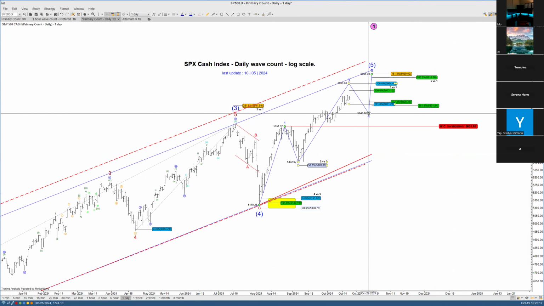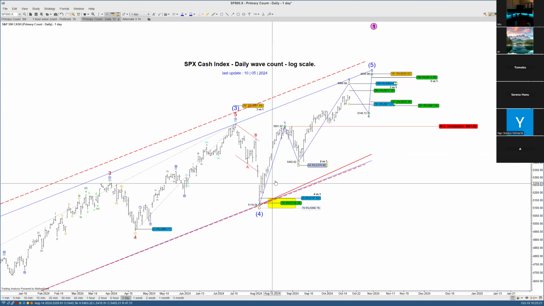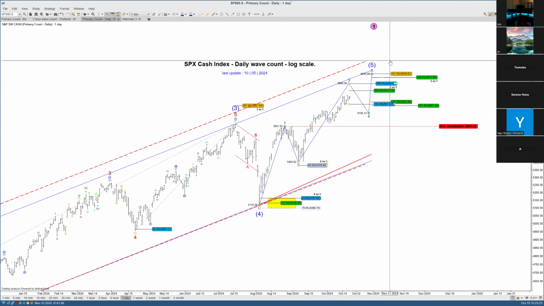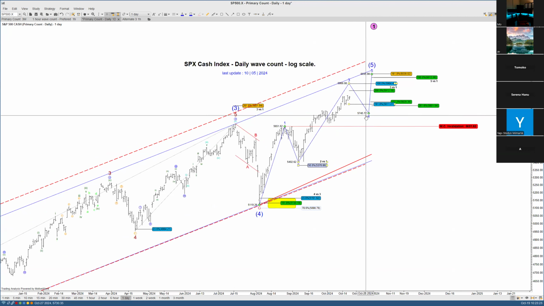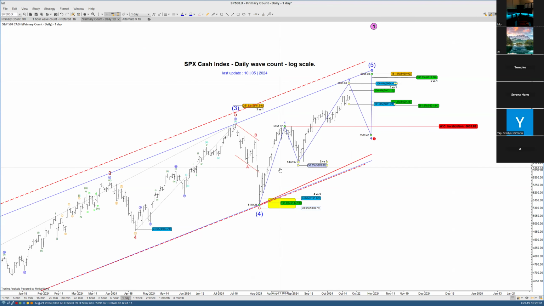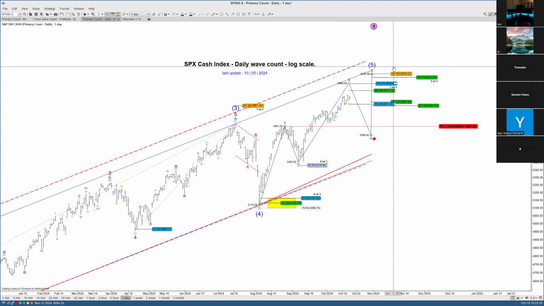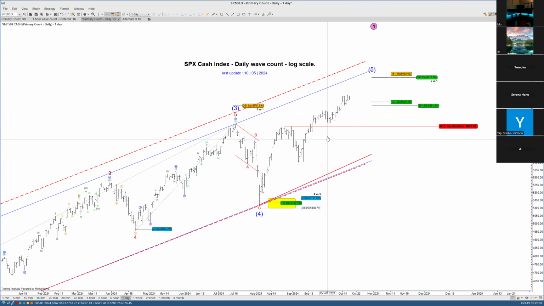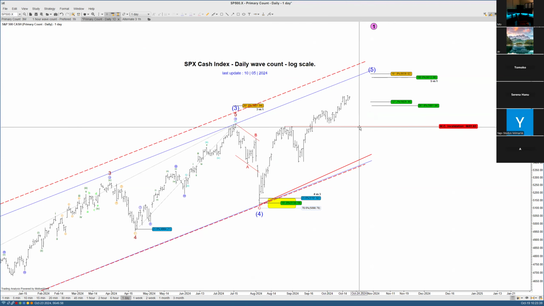Either now, Elliott tells us that we're going to have a 5, looks like 5 to me, unless we roll over like this, then we just have to make some sort of a diagonal. Because anyhow, because right now,